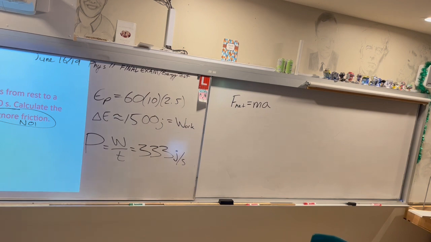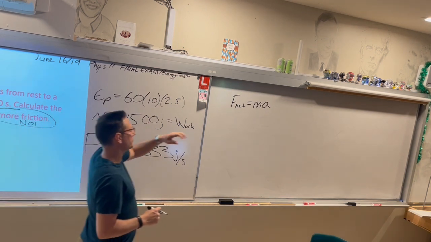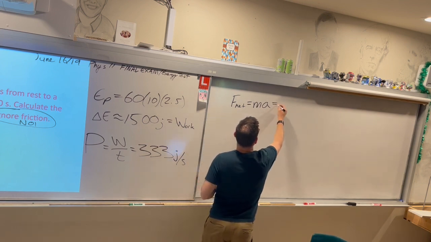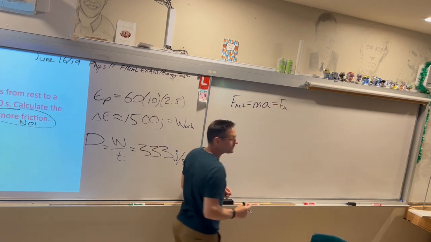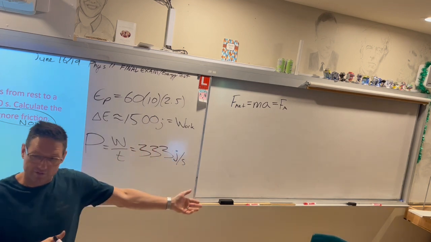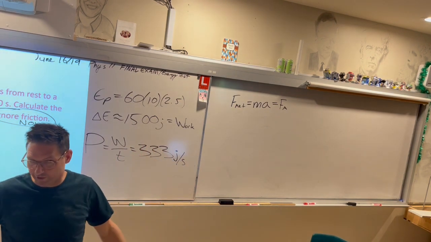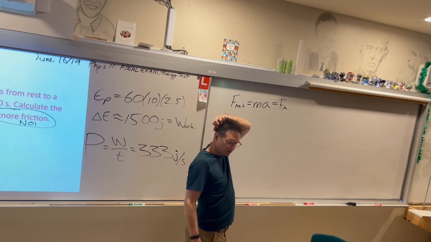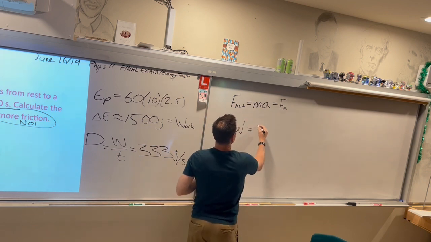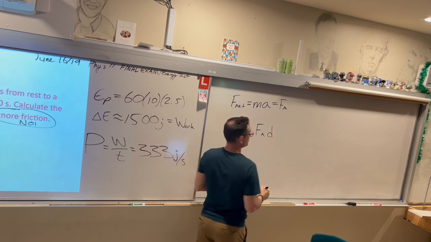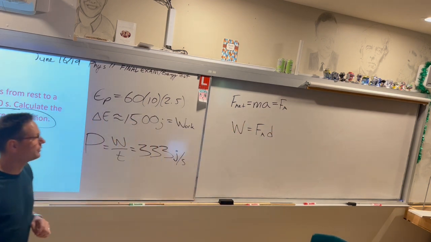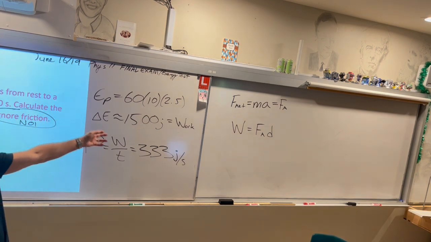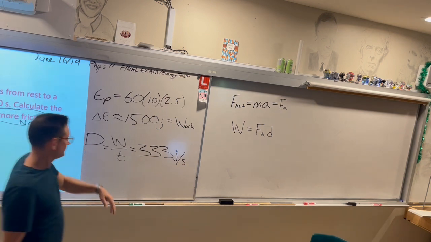There's no friction. So if there's no friction, then my F net is equal to what? Good, Elena. Applied force is going to be the same as the net force because there's no friction pulling back. If you know the FA, then what can you find? Work. Good. Work is F times d. If your applied force is the one doing the work, you can do applied force times the distance, which you could have gotten using the acceleration. And if you know the work and we know the time, what can we find then? Power. Then we have power.